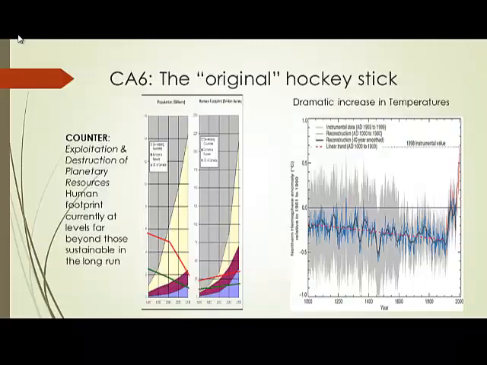First, we go back to the original hockey stick. We have to understand this hockey stick argument was first created in 1998 by an environmentalist, and this is the graph on the right-hand side. It shows that in the 19th century, basically, there has been a dramatic increase in temperatures. This is the global warming. So basically, we are burning up the planetary resources at a rate that is so fast